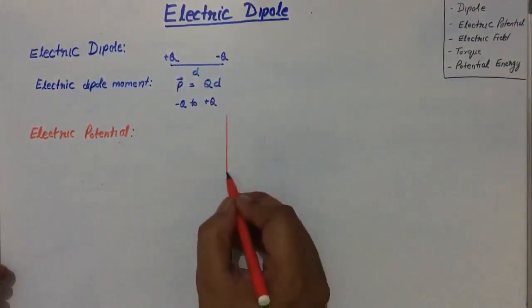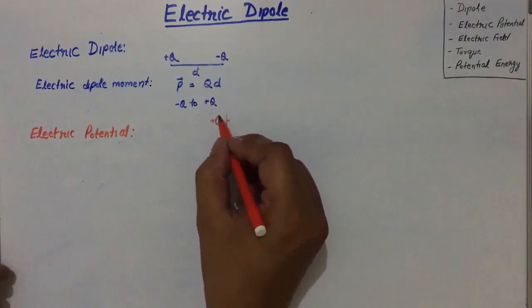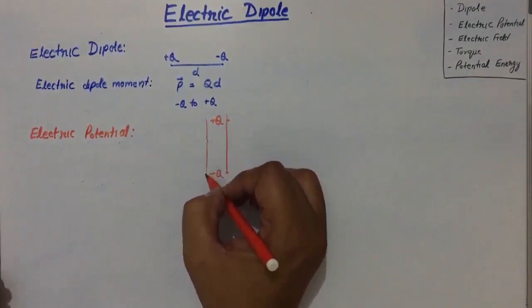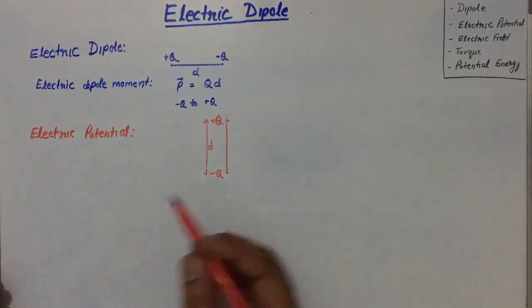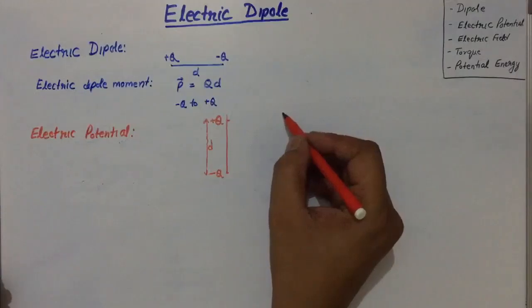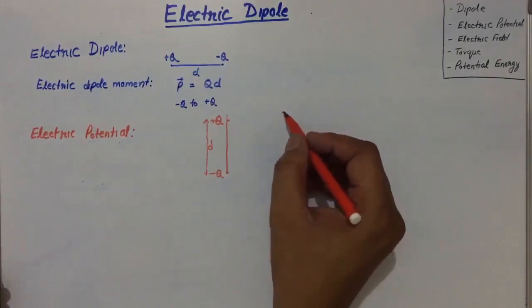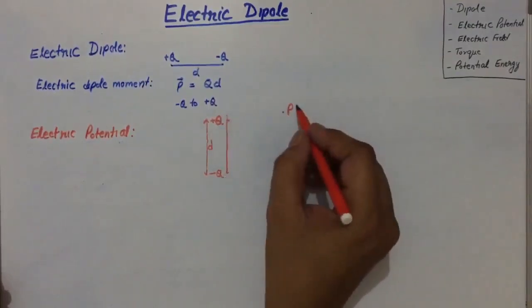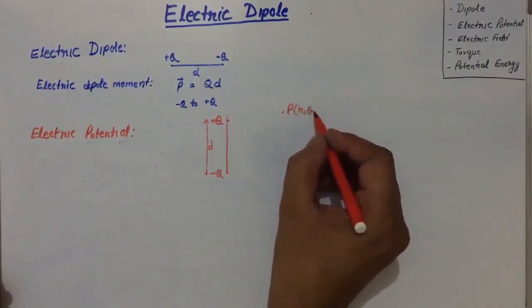This is the dipole, negative charge, positive charge, and the separation should be very small. The separation between these two is d. Okay, and to find the electric potential, if we wish to find the potential at any point P that is away from the system in any coordinates, for example, consider a spherical coordinate system,